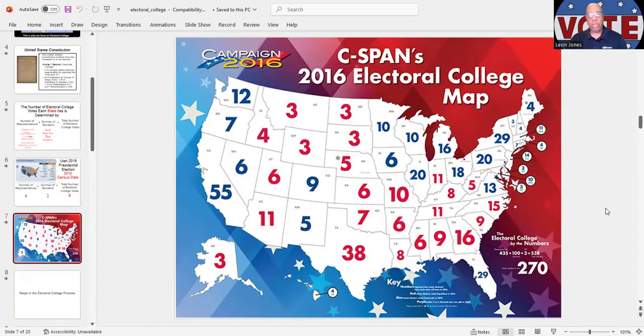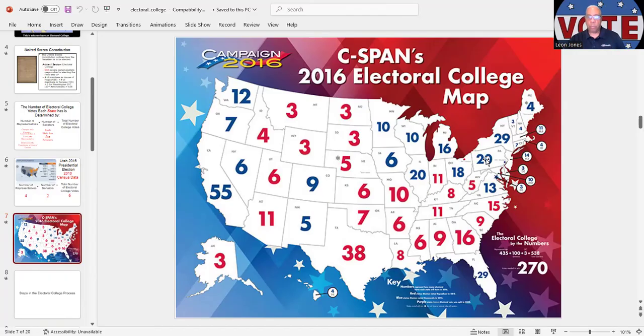Now, the states that have blue Electoral College results, that's for the Democratic candidate. The states that have red Electoral College votes, that is for the Republican candidate. Now, if you look at C-SPAN's 2016 Electoral College map, you can see how the Electoral College votes look on a map. Now, basically, this is not all the way true, because I can tell you right now,